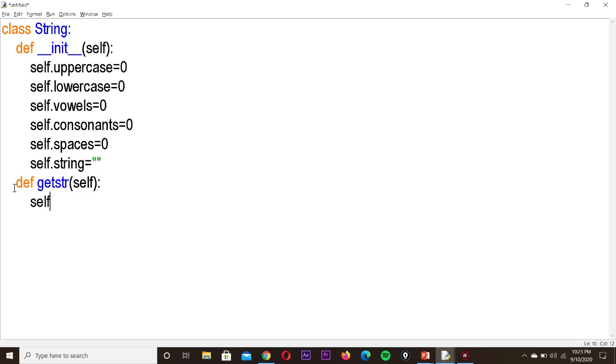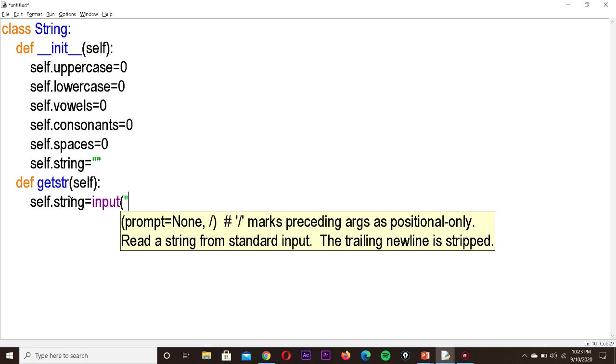For that I write self dot String, the variable we initialized previously for getting the input. So self dot String is equal to, by making use of the input function. We can directly write input, with the prompt: enter a string.